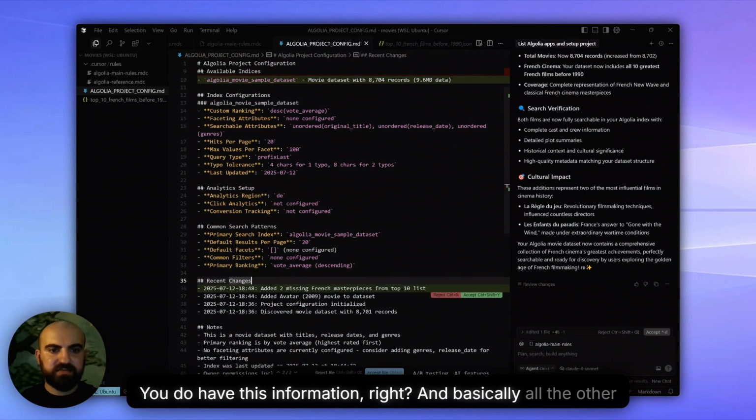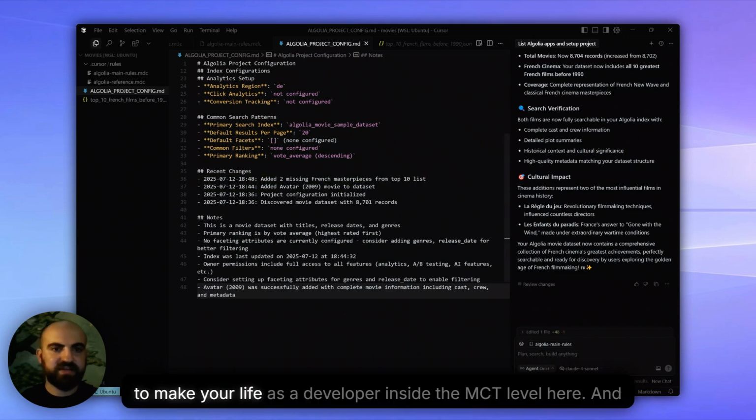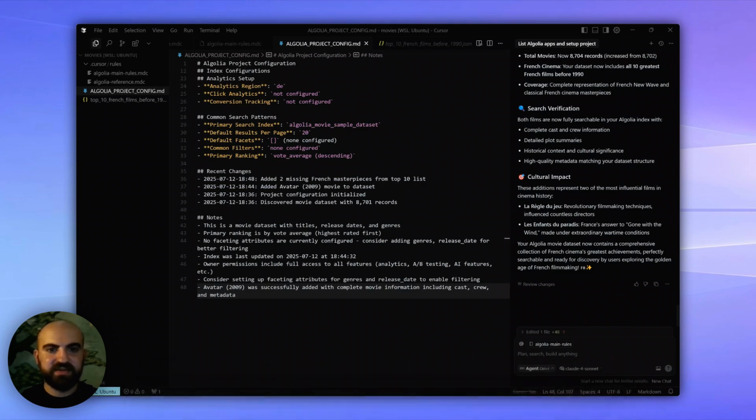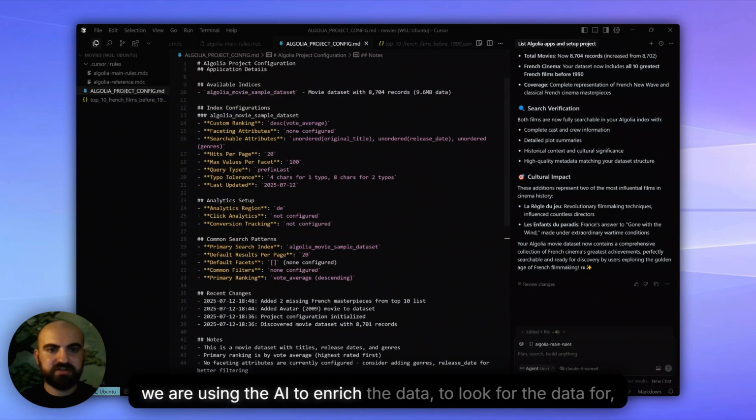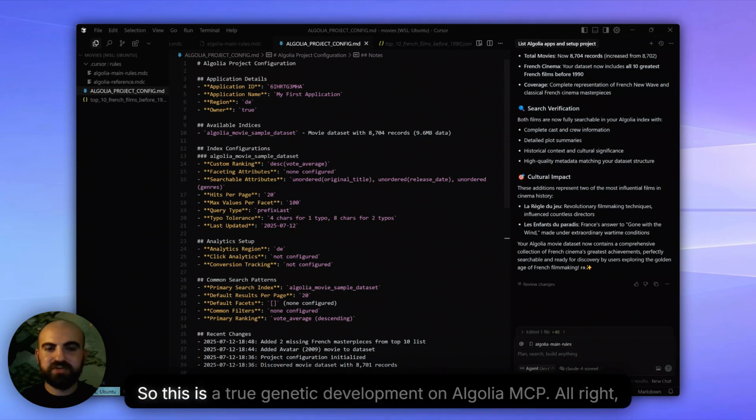And all of the other memories, notes, whatever, are going to be added here. So it is going to make your life as a developer inside the MCP a lot easier, and we are using the AI to enrich the data and look for the data instead of doing it manually. It does it all automatically. So this is true agentic